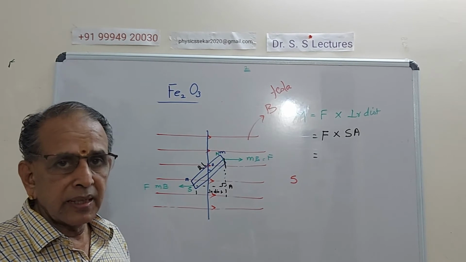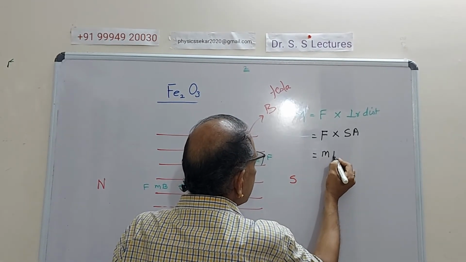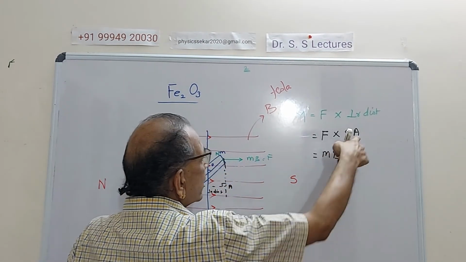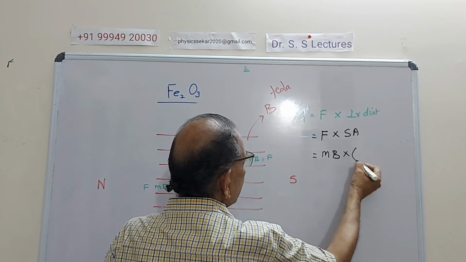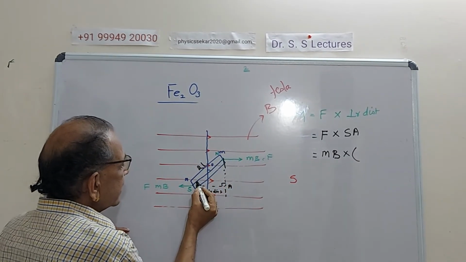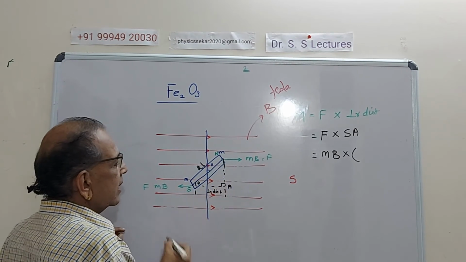Can you just understand that? What is the value of the force that is available here? MB. And what is this SA? That is equal to, I find that in this triangle, if this is theta, we